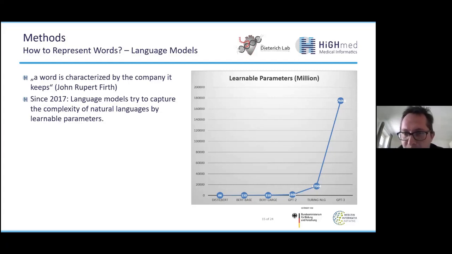So you can see here on the right-hand side a representation where some language models are listed, like DistilBERT or BERT base, BERT large. Don't be confused with the words now. These are just different architectures of pre-training such a language model. And you can see some kind of an exponential development lately if you have a look at the amount of learnable parameters. Always you have such a deep learning architecture with randomly initialized parameters, and your goal is to learn these parameters so that they fit your data set.